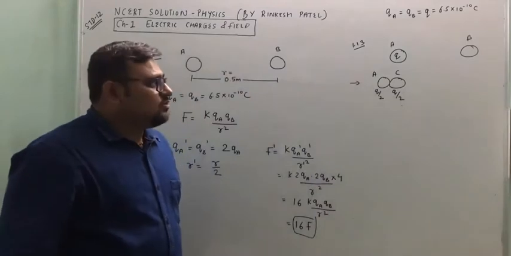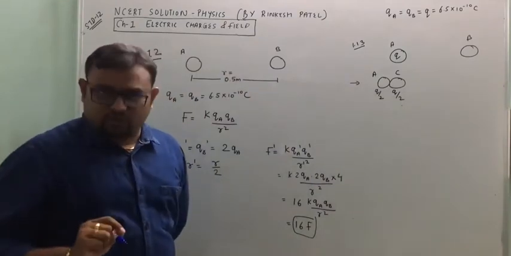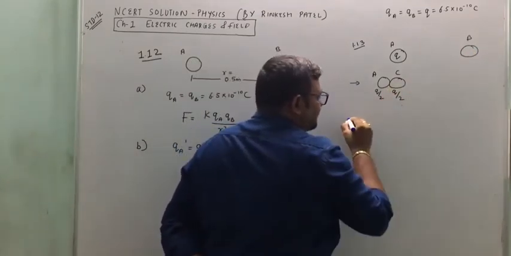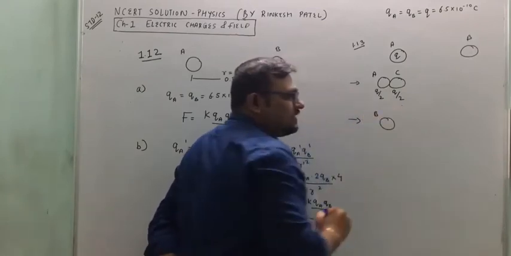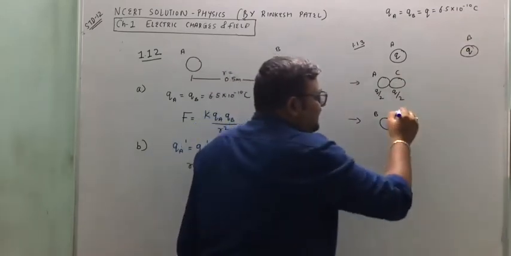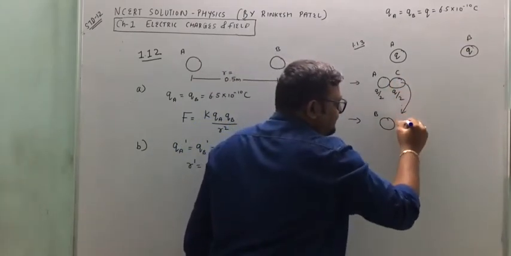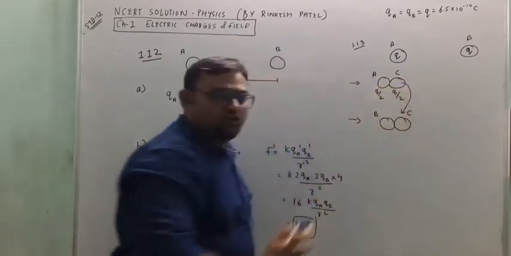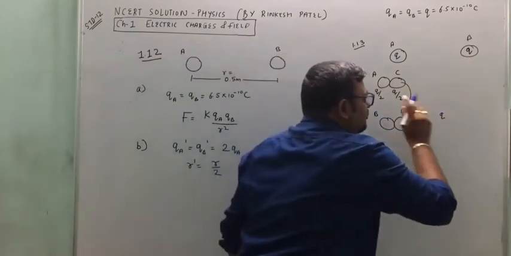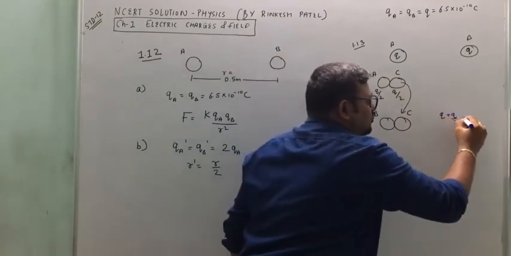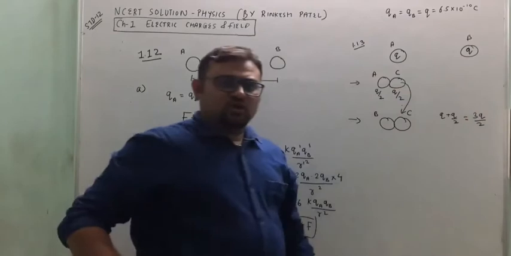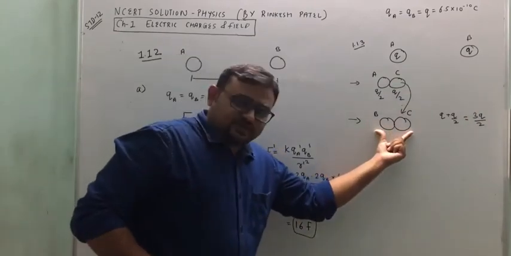Clear? So now what is the charge of A? Q by 2. Now again they are taking this charge sphere C. B, which was having charge Q. Now they are bringing this charge sphere C here. This was having charge Q by 2. So now what is the total charge? The charge for B is Q, the charge for C is Q by 2. So this will be equal to 3Q by 2. So the total charge in both the spheres is 3Q by 2.